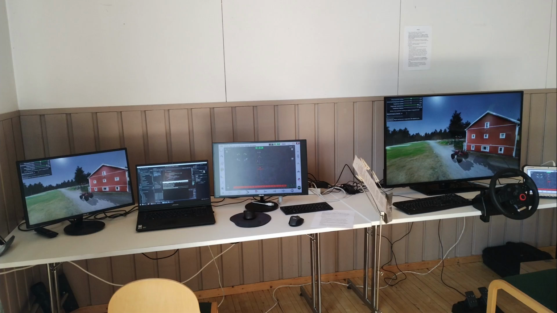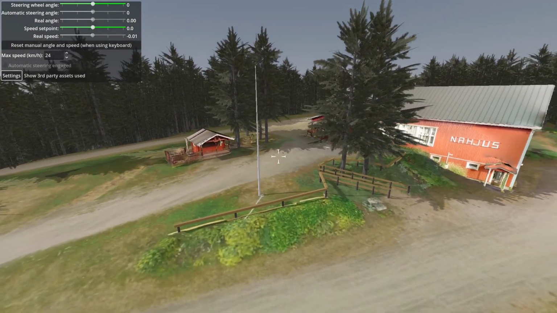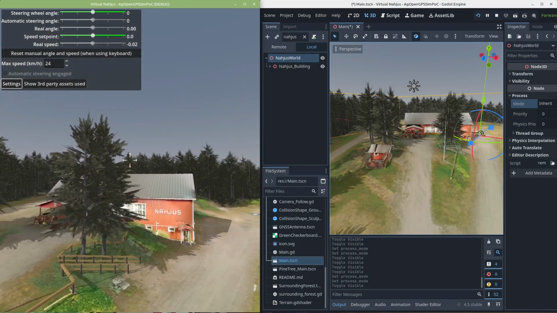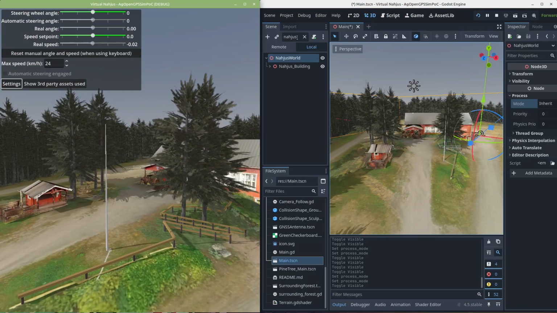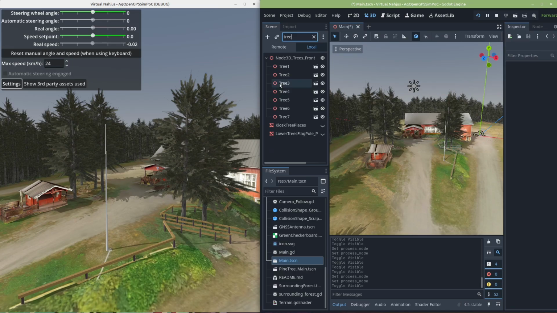So let's continue with it. And since we now have this Godot project open here, let's check those trees.